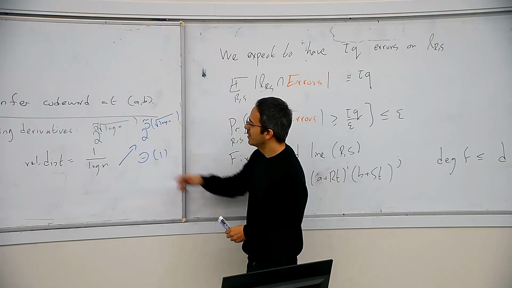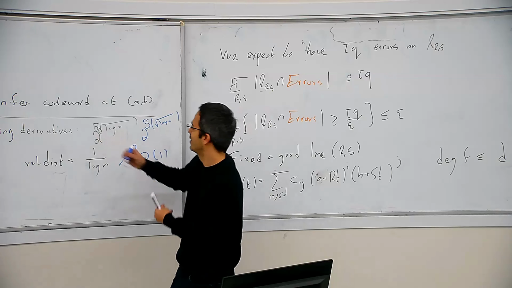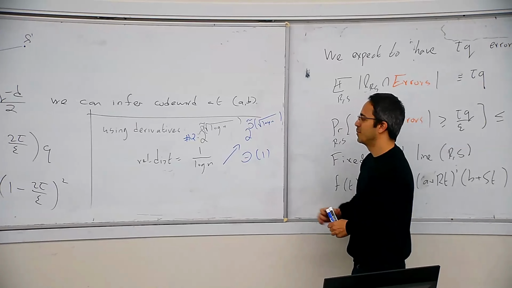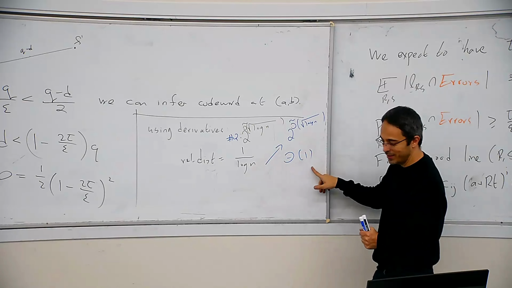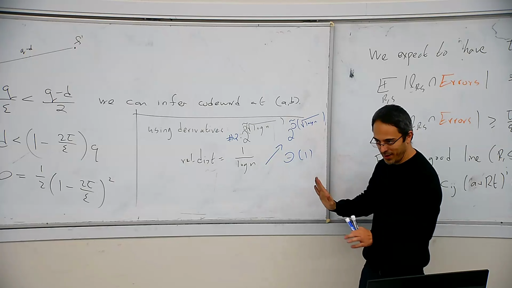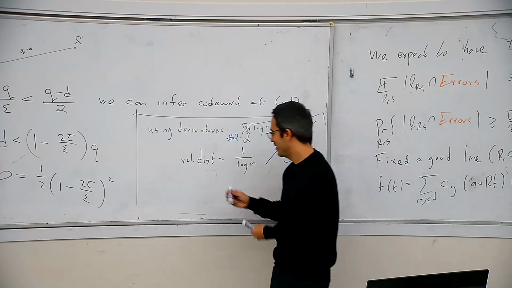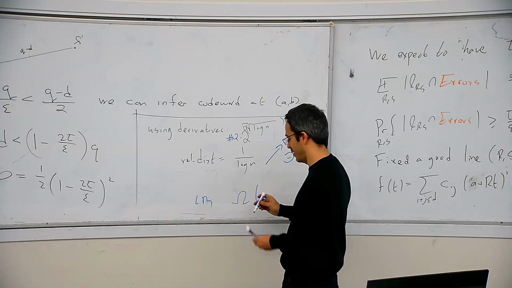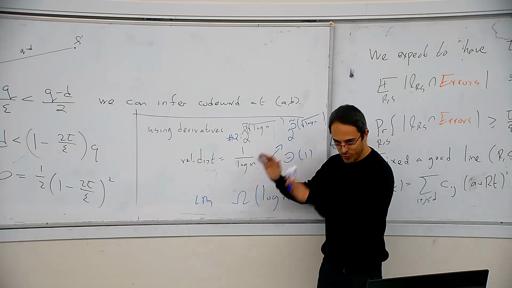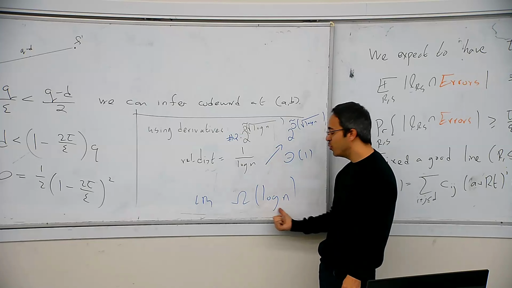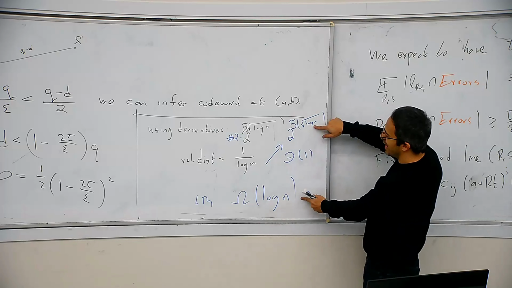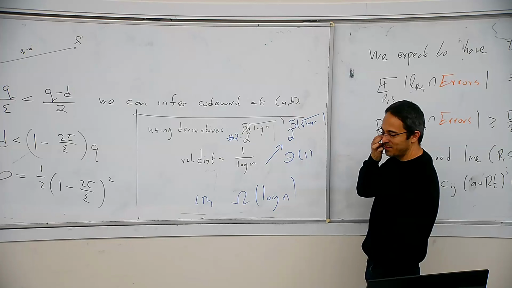The number of queries is a polynomial. Distance is bad, but you can amplify the distance using expanders in a non-trivial way to get that. That's the best we know how to do. The lower bound is omega of log n. If you want a code with constant distance and constant rate, a good code, you need log n queries. I'll show you that. And so we have this gap, which is quite substantial.